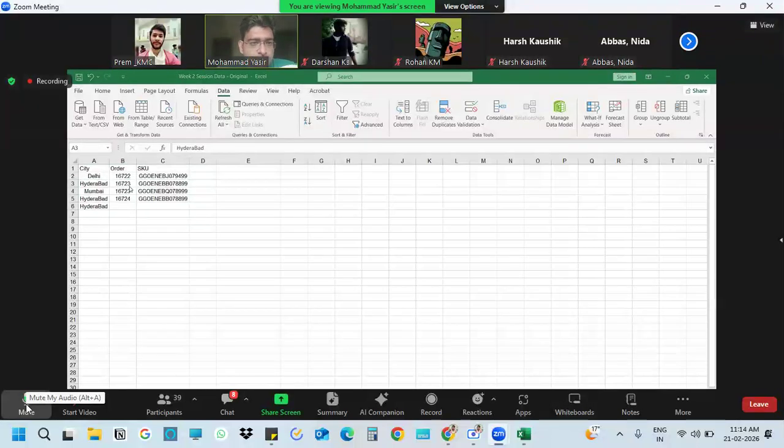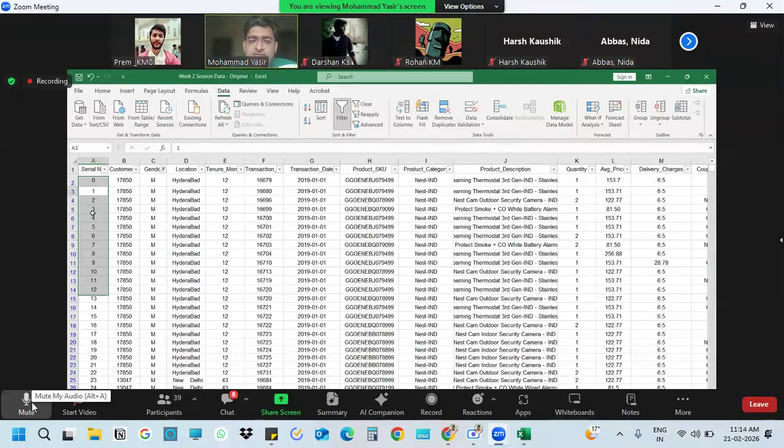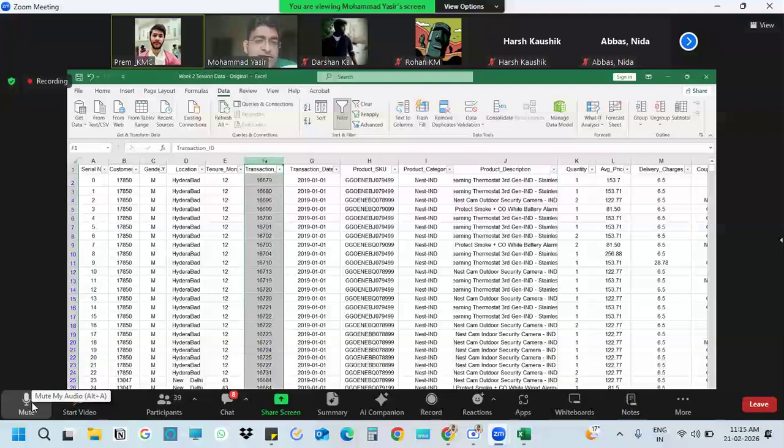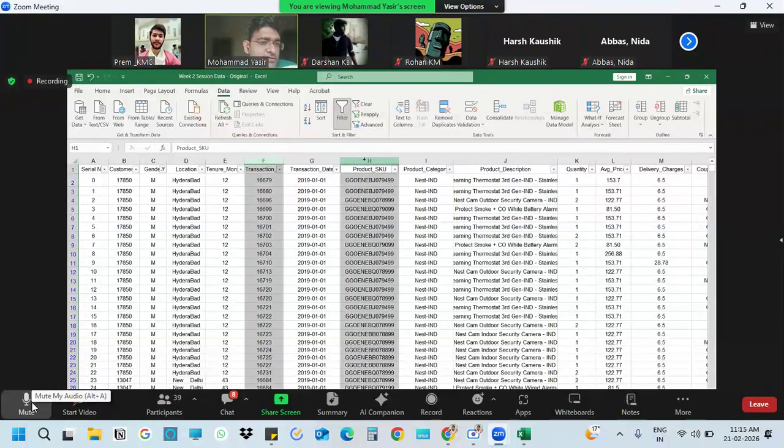Can't we remove the complete row of that particular combination? That also we can do. Currently, what is the issue? That serial number has been added here and it has created deduplicated values. But what is our primary key? Primary key is this transaction and product SKU. These two should not be repeated.